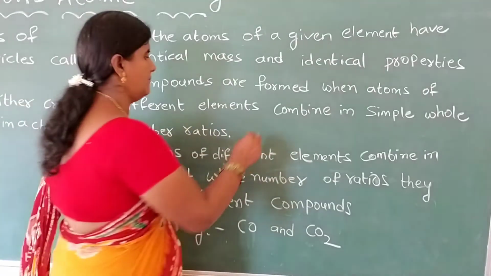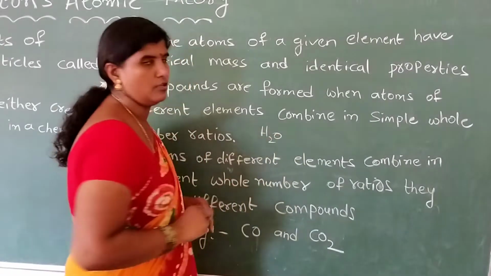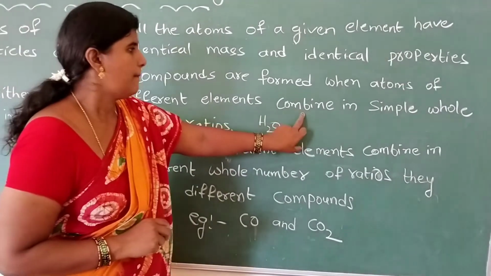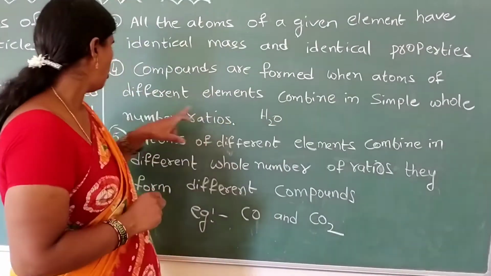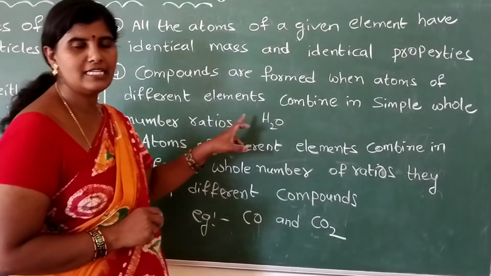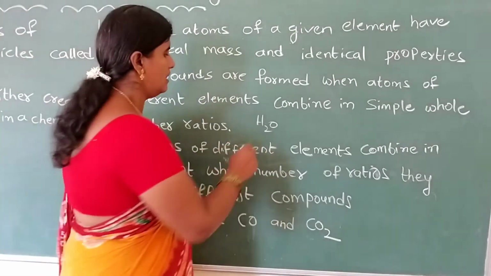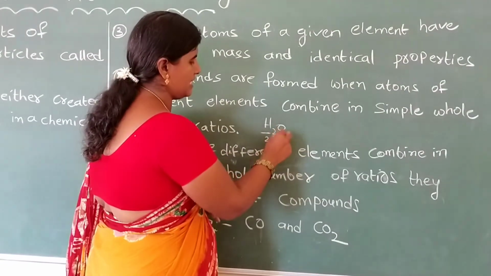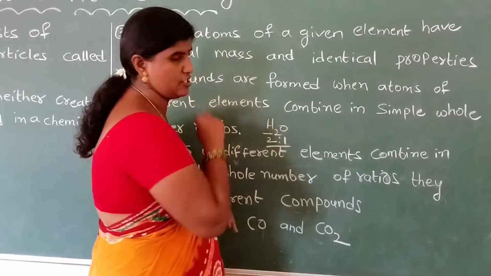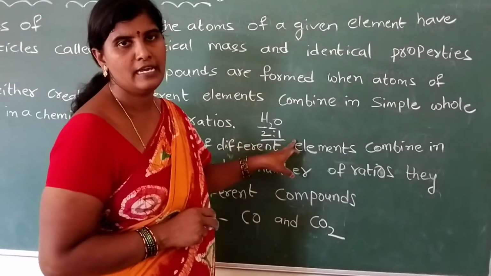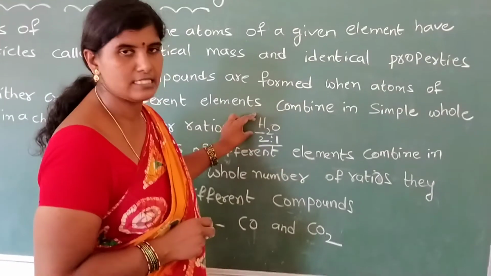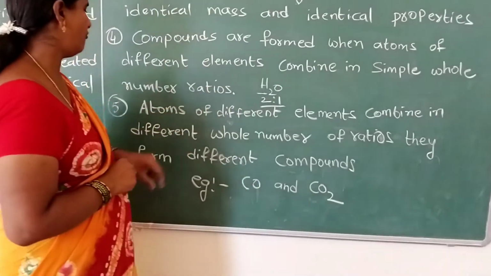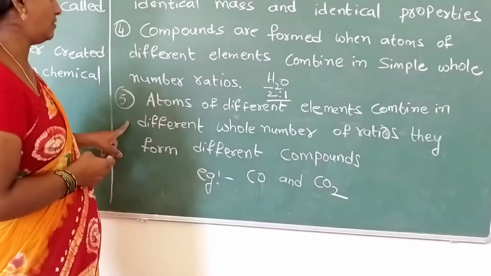For example, the H2O molecule. Different elements combine in simple whole number ratios. What is the ratio in the water molecule? Hydrogen has 2 atoms and oxygen has 1 atom. That is the ratio, 2:1. Water molecule is a compound. Understand, children? So this is the fourth point. And the last, fifth point is